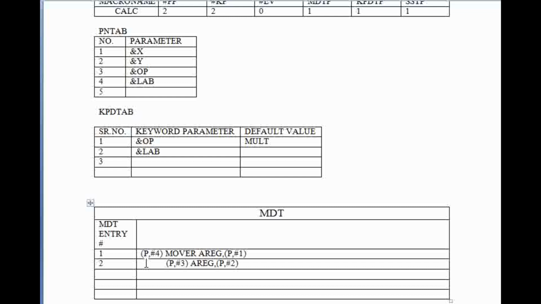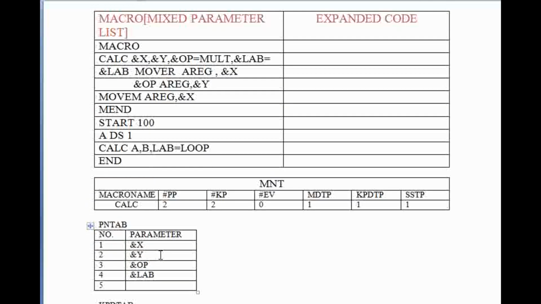Now there is something that is new, something that has not appeared before, that is our parameter appearing in the label part of our model statement. If you look at this line, we've got this label, we've got this parameter &LAB, and it appears in the label part of our model statement.